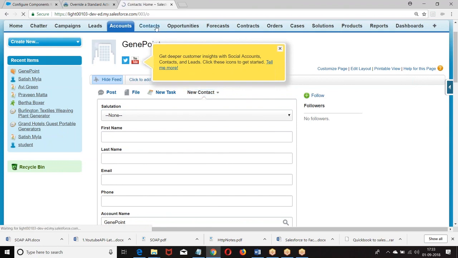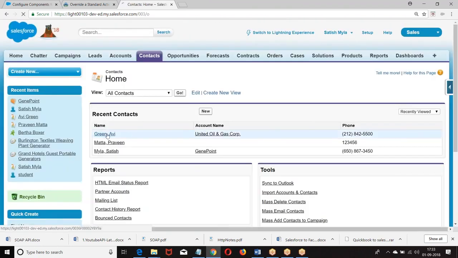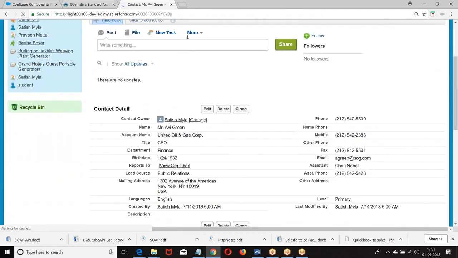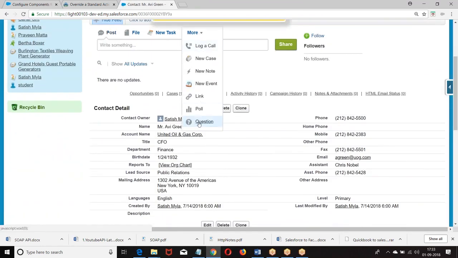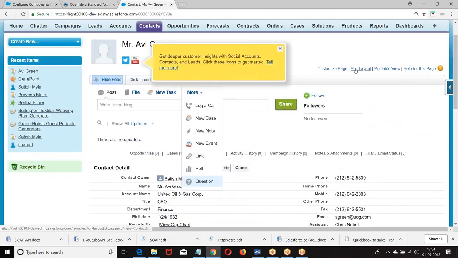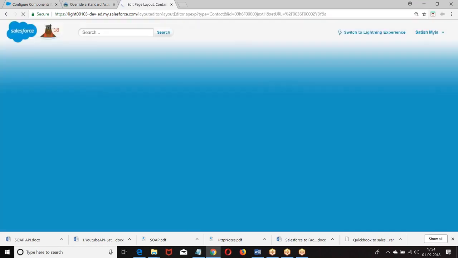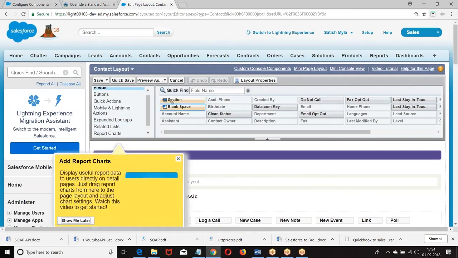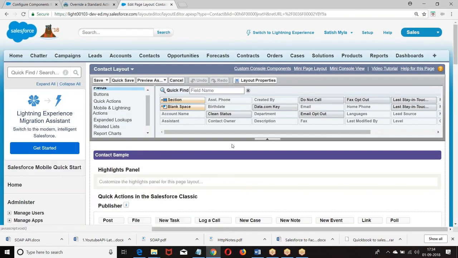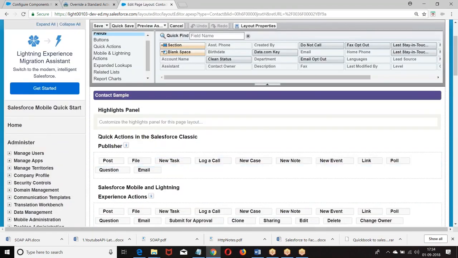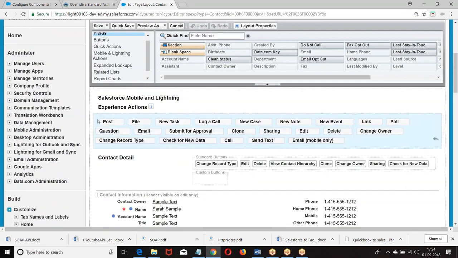Now let us go to contacts. When I go to contacts, what are the same actions we are finding here? Global actions. Now, how do you control these global actions here? Click on edit layout. What are we finding here? We're finding quick actions and your object specific actions.